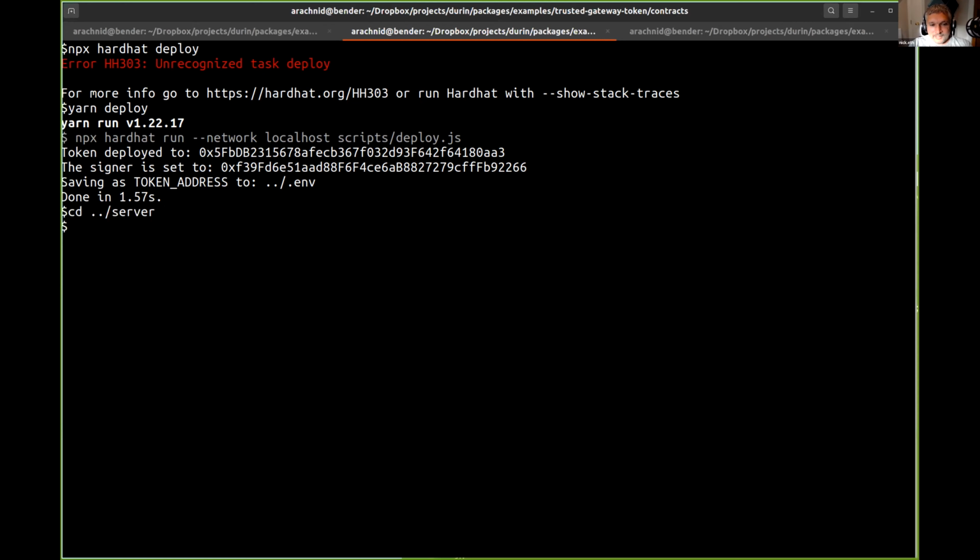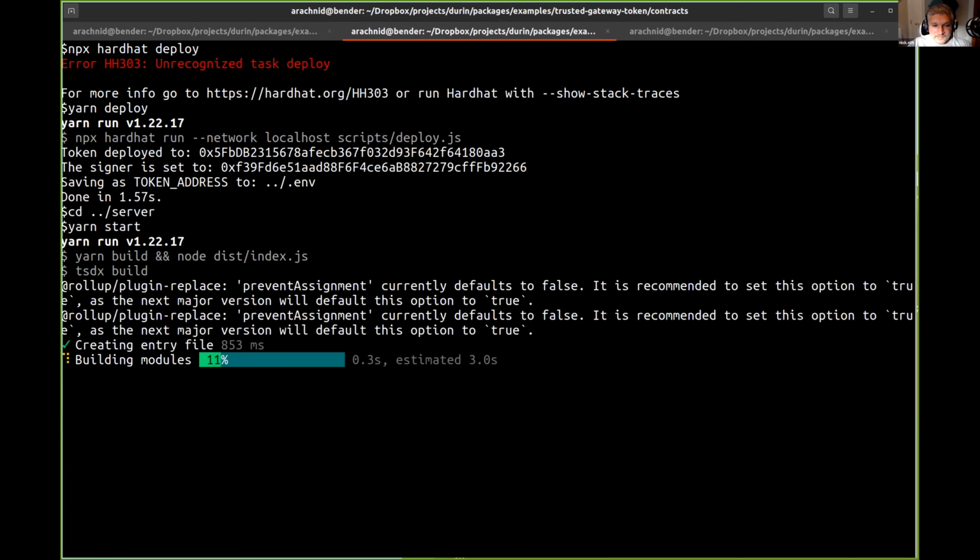Then we'll change to our gateway service and run our gateway. This is a very simple web server, which I can demonstrate the code for later, that basically fetches data from the text file, signs it with some trusted key, and returns it.